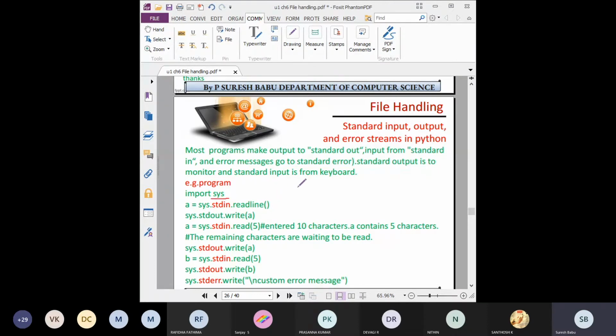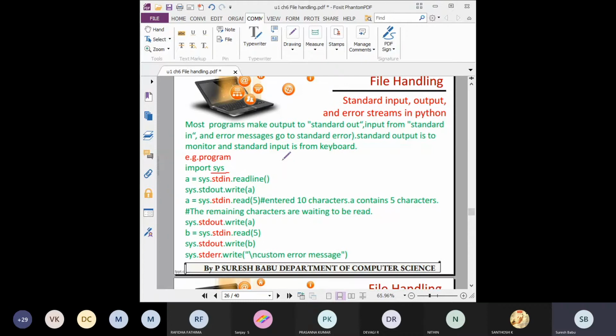So why are we using this module? Without using input and print statements, we can read the data and print the output on the screen. The input function, everyone knows, is used to get the data from the user, and the print function is used to display the output on the screen. Students, everyone remember these two functions? In every program we are using these two. Understood or not?